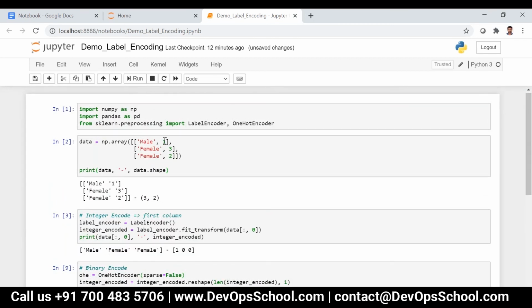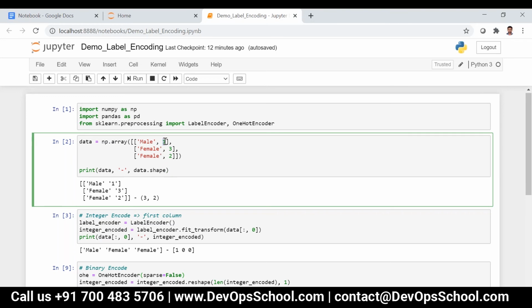That is what we have, 1 3 2. So it will be sorted. If you sort it, it will be like 1 2 3. Correct? And if you assign the label to it, 1 will be assigned label 0, 2 will be assigned label 1, and 3 will be assigned label 2.